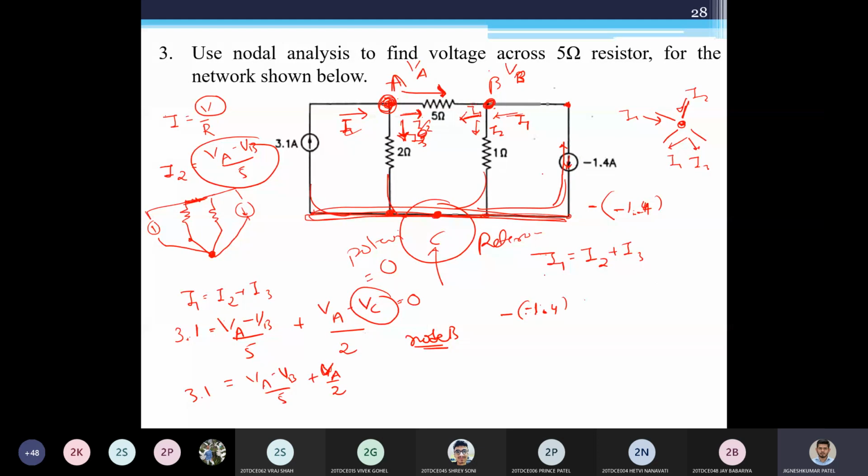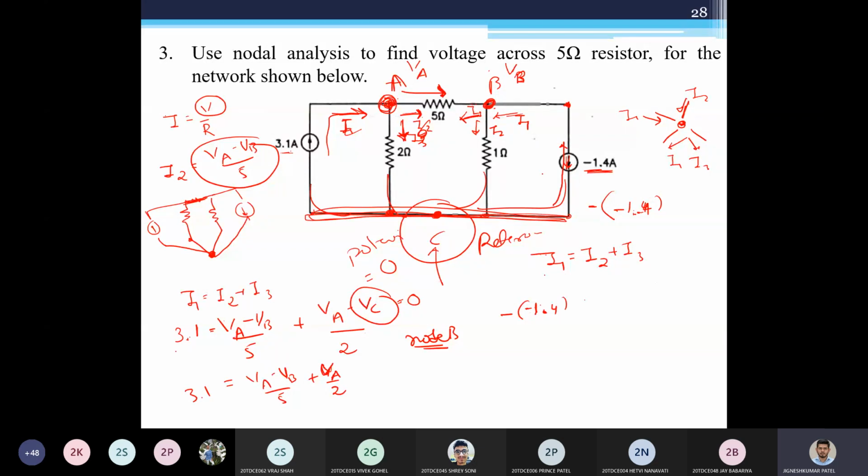This initial minus, the inside one, is due to that given value. It is given as minus 1.4. But as this current direction is opposite to the assumed direction, that's why I have to take a minus. Look at here. In the earlier case, that was 3.1 ampere going upward. So what I have done is I have directly taken 3.1. Why? Because the direction is matched with the assumed direction. My assumed direction is this, and both are the same direction, so I can take this as positive. What was the value? 3.1. So I'll consider 3.1 as positive.